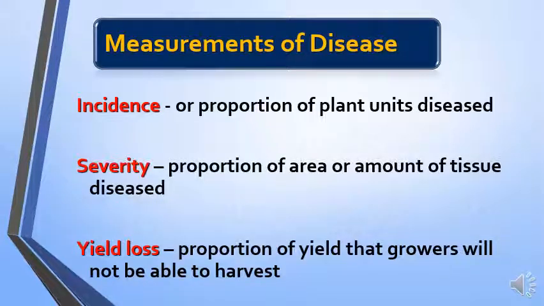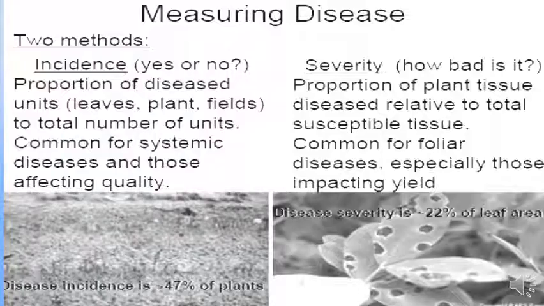Okay, now after we studied disease development and the factors affecting it, we reach the second part of the lecture, measurement of plant disease. To measure the disease in an infected area, we can use three methods: disease incidence, disease severity, and yield loss. The difference between